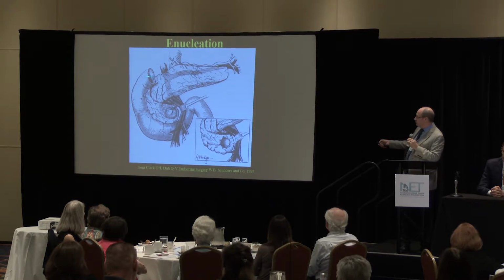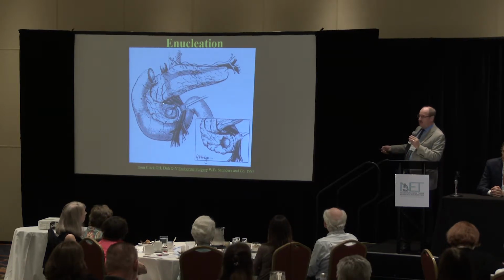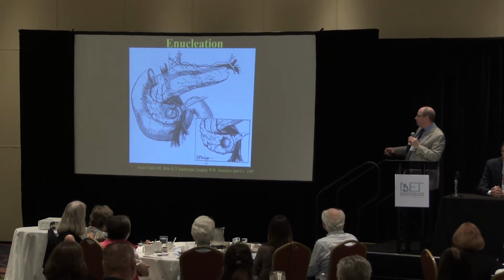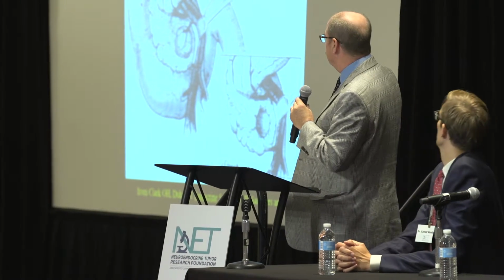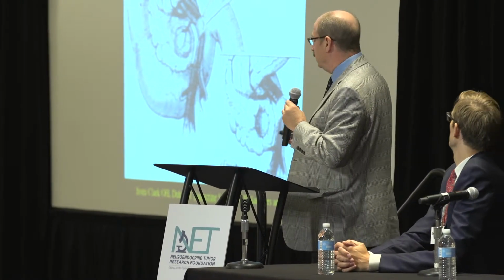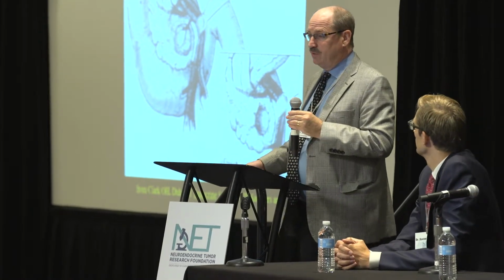Now, when you look at this picture, also take note of the fact that the pancreas has this certain shape and that it's intimately associated with the duodenum, and behind it run the superior mesenteric vein, which takes all the blood from the small intestine up to the liver, and the superior mesenteric artery, which brings all the blood flow into the intestine. So the spleen is out here, and the splenic vessels travel through the back of the pancreas or along the edge of it, and that makes some of the operations